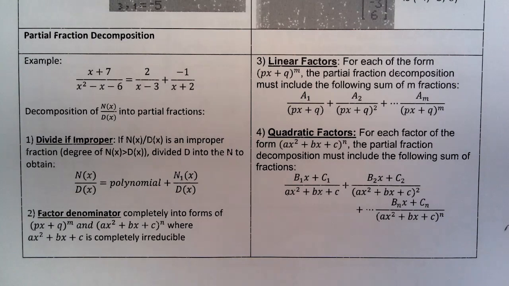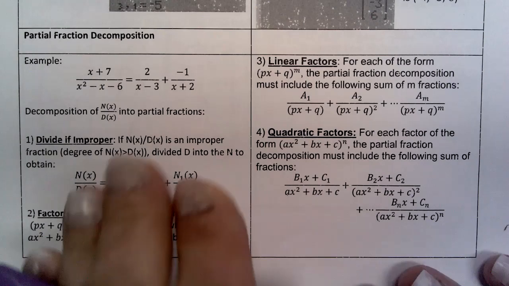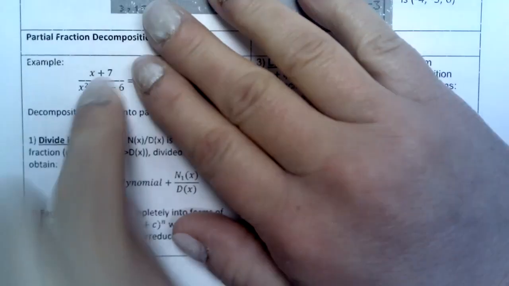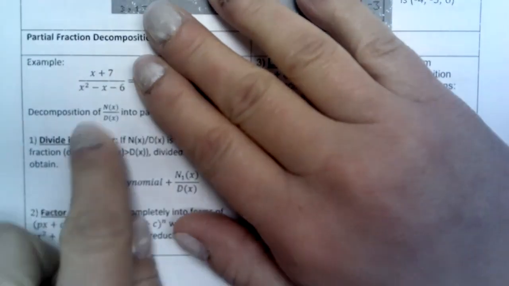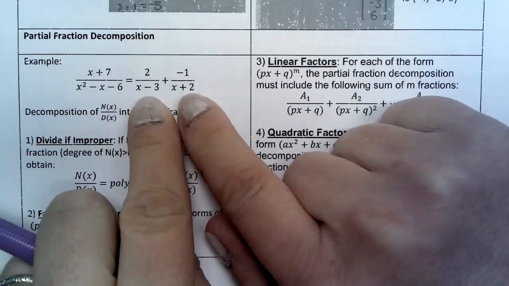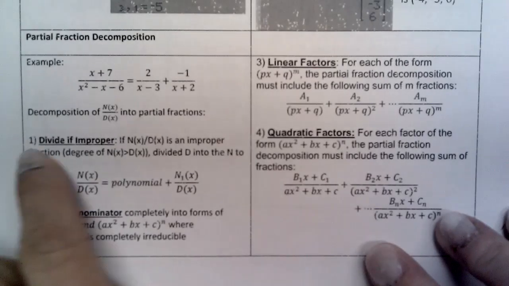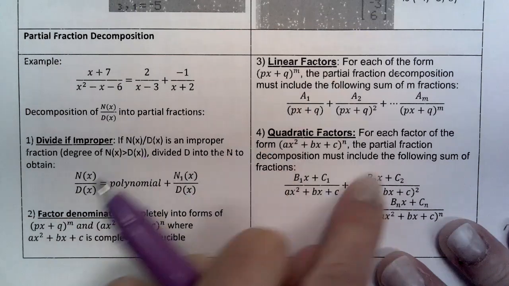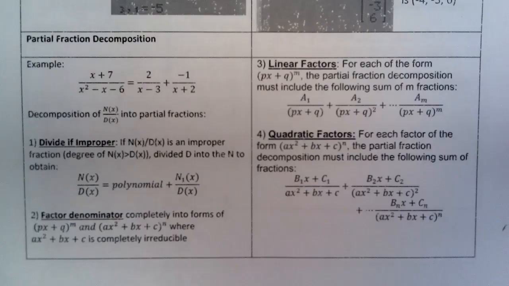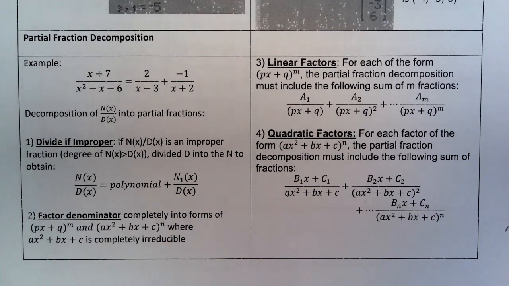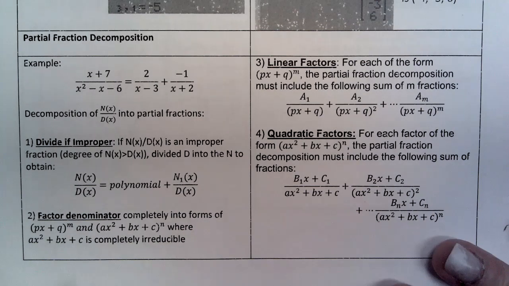Okay, so the last thing we're going to do today is called partial fraction decomposition. Partial fraction decomposition is where you write a rational expression as two separate fractions. These are the steps here, but I'm going to actually walk you through it, and I think it'll make this a whole lot quicker, a whole lot easier to understand, because right now we're just talking about